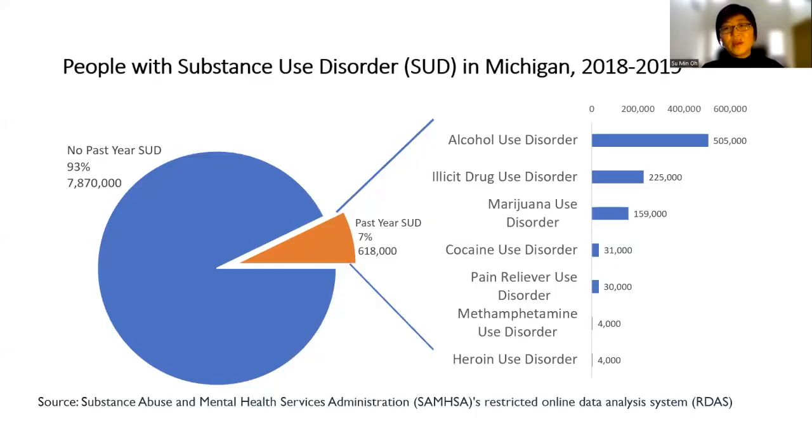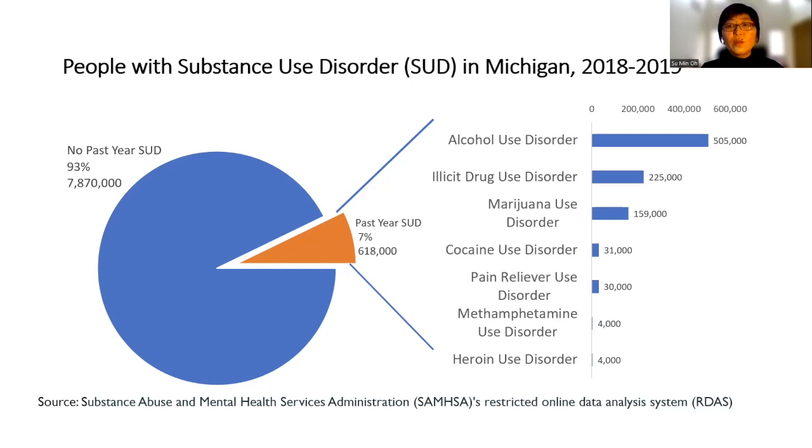So I'd like to start by sharing the behavioral health outcomes. Here are the most recent estimates of people with substance use disorder and by type of substance in Michigan. This is based on the National Survey on Drug Use and Health from SAMHSA. And as you can see, the majority of Michigan residents did not have the substance use disorder in the past year. That's 93%. But 7% or 618,000 individuals were estimated to have some form of the substance use